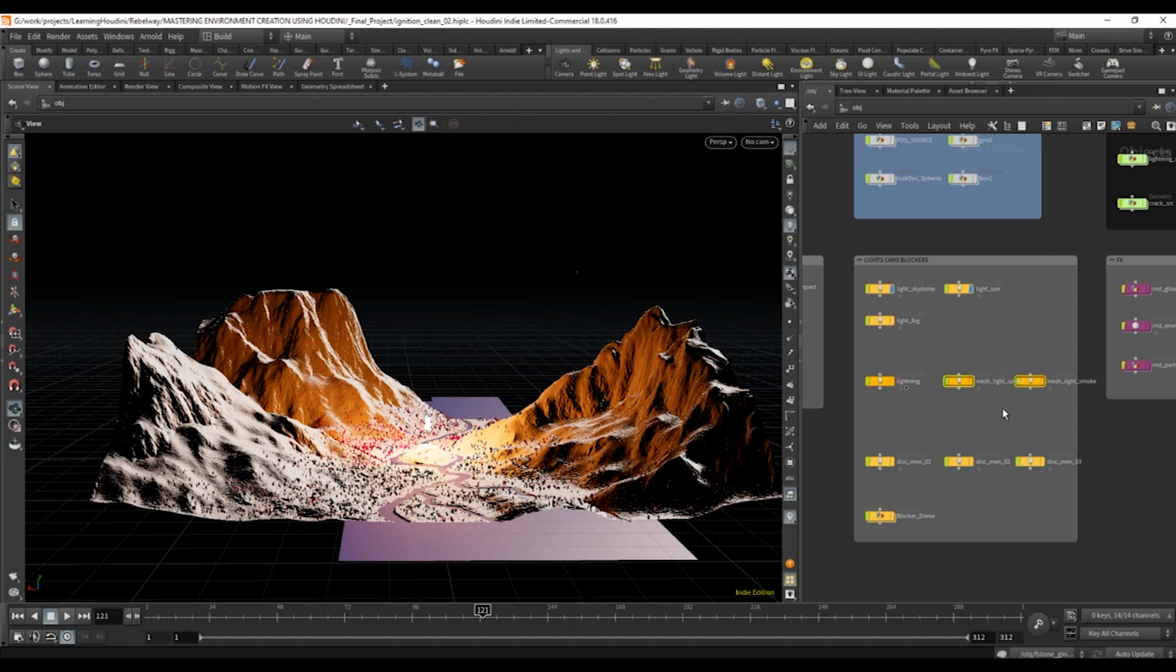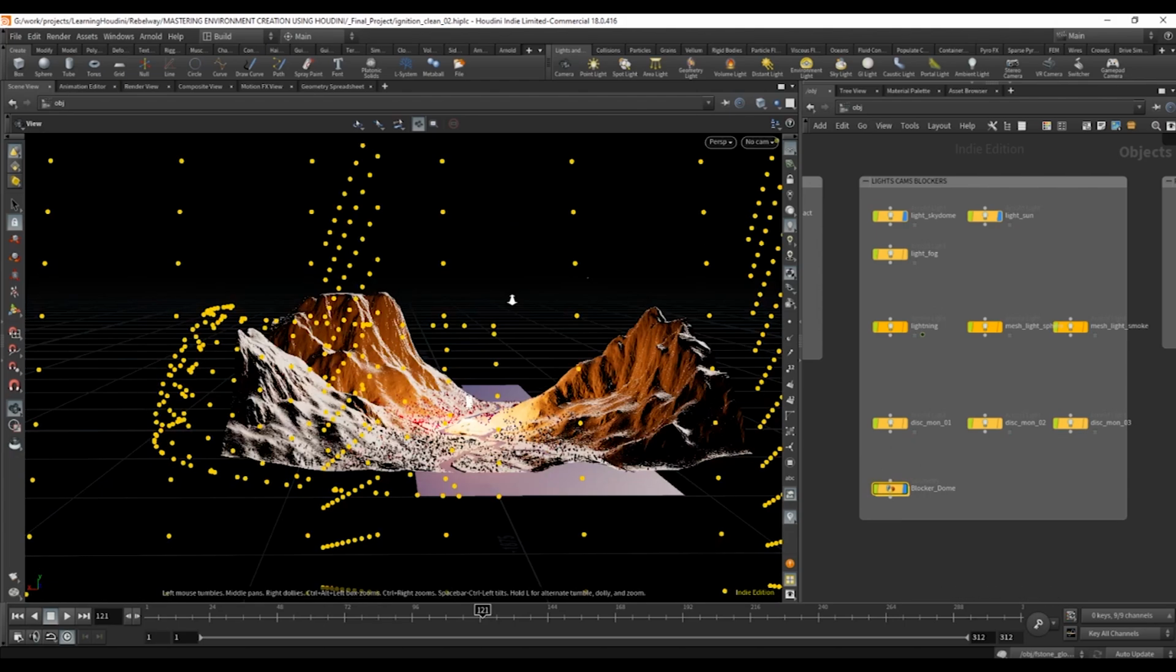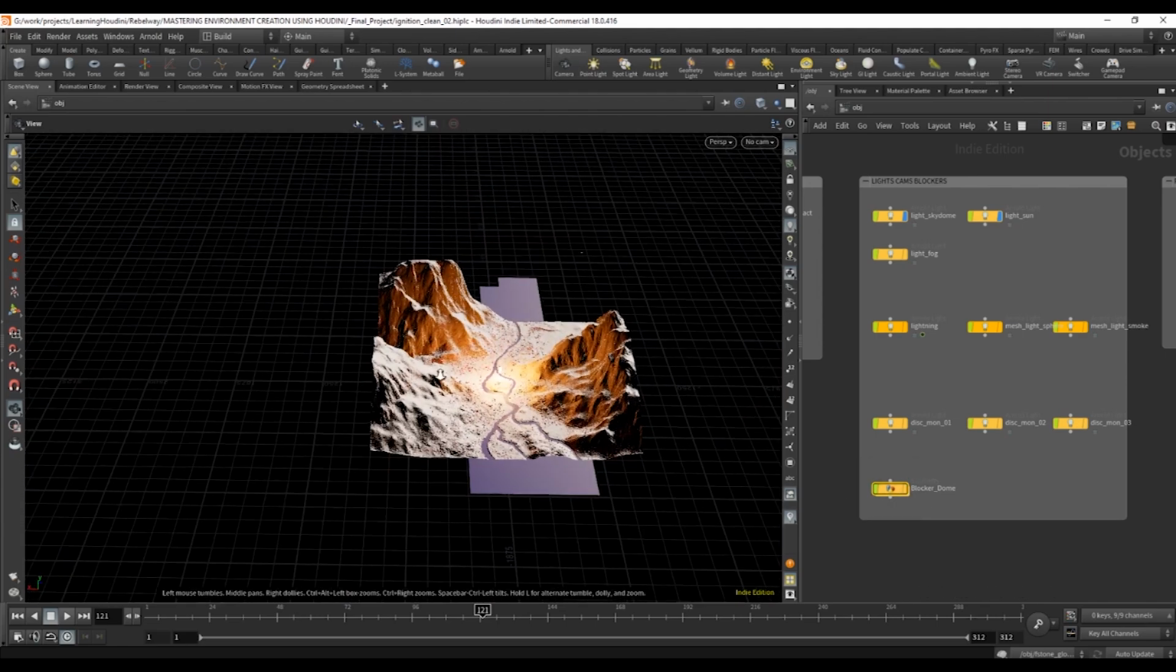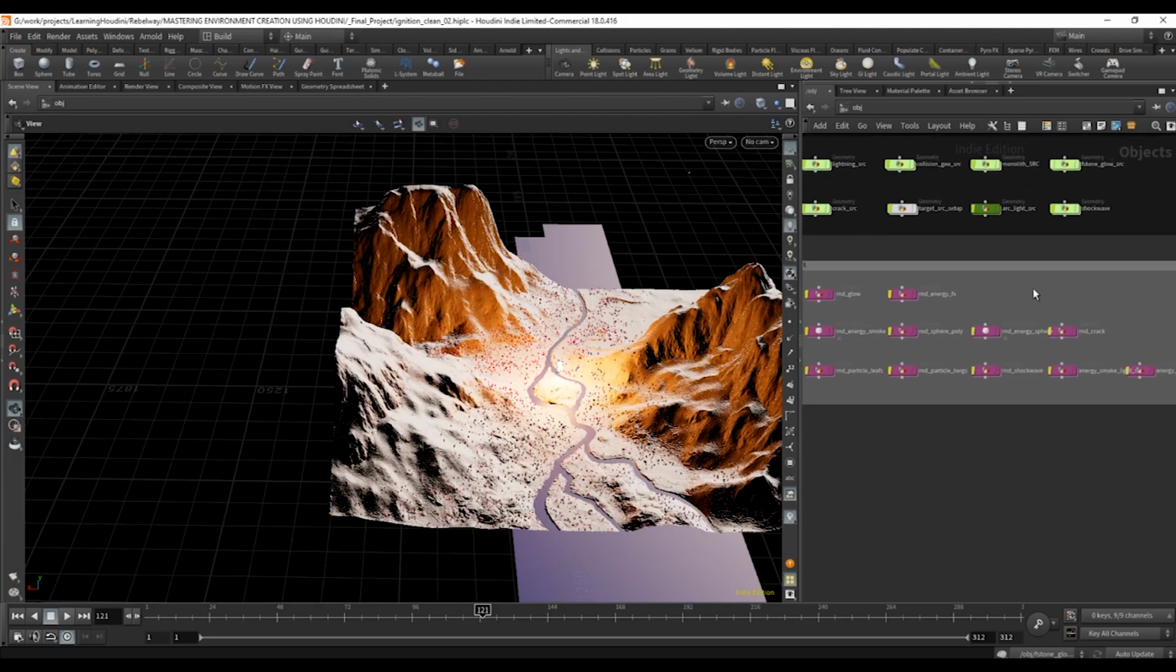There are some mesh lights too that I will show you later on. There are some disk lights for the moment when the stone comes alive. And here we do have some blocker geometry to darken some areas of the environment. This box contains the